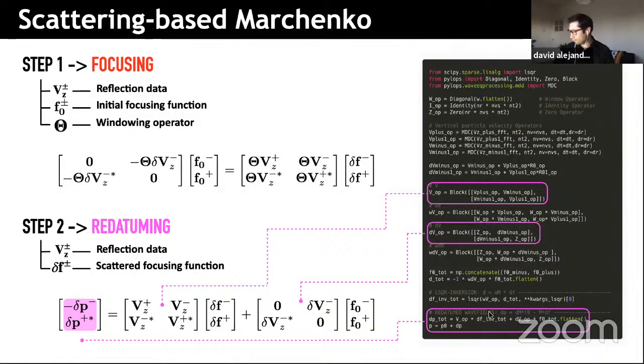Okay, and then again here, all this very large and perhaps rather complicated equation is reduced to a single line of code here. So here this V operator is this large one here, and then the vector here is just the perturbations in the focusing functions that you see here. Now you add this with the perturbations of this operator times the focusing function in a background medium, which is this one here. Okay, now that we have perturbations in the pressure fields, you can add these together with